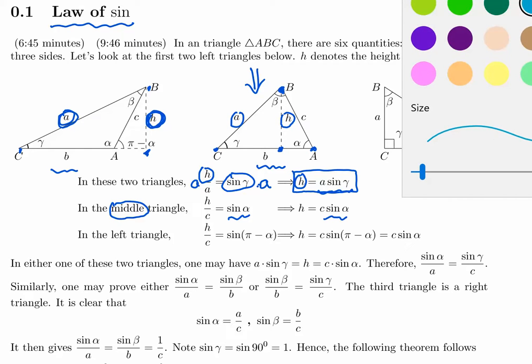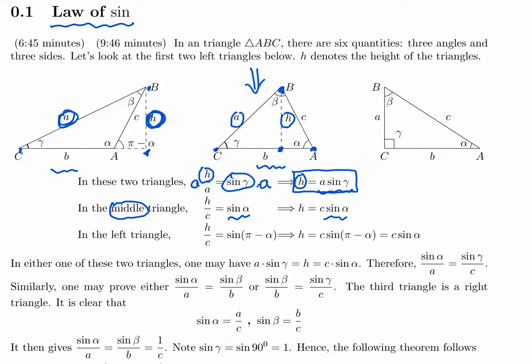Let me choose a different color. B, A, and this one. So you then have in this right triangle, H over C